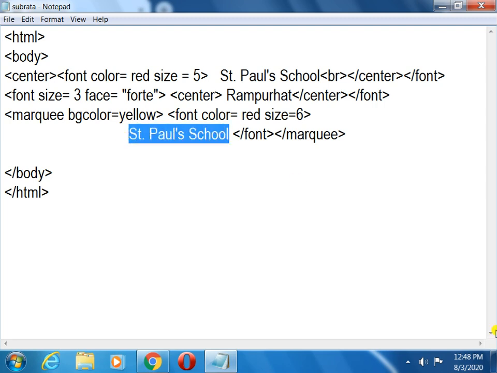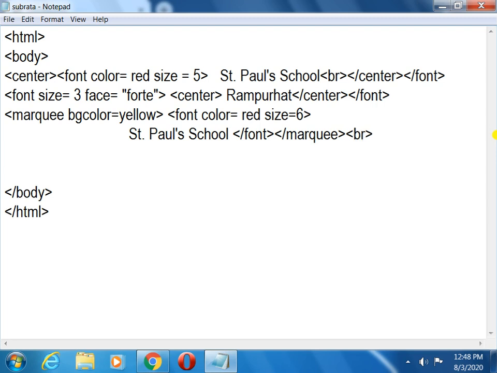Red color of this full name. So I hope you understood. After that you will write your name, whatever you are. Okay, remember you should close the marquee tag.